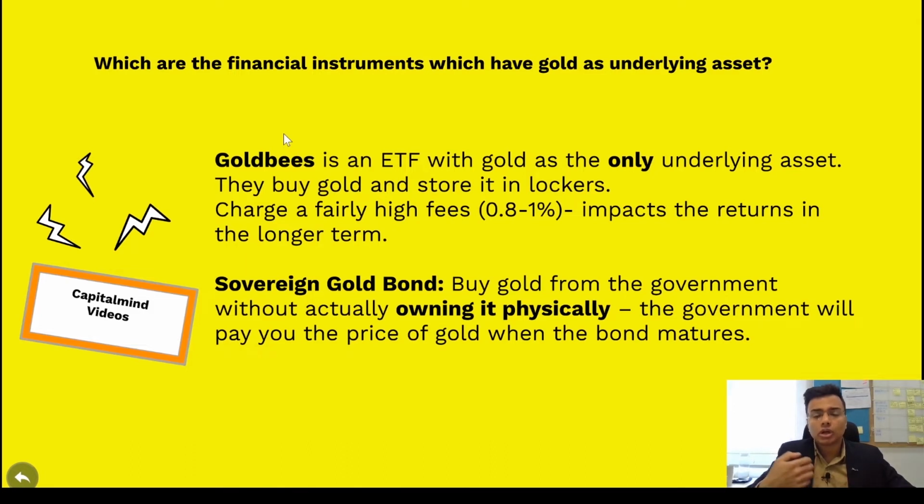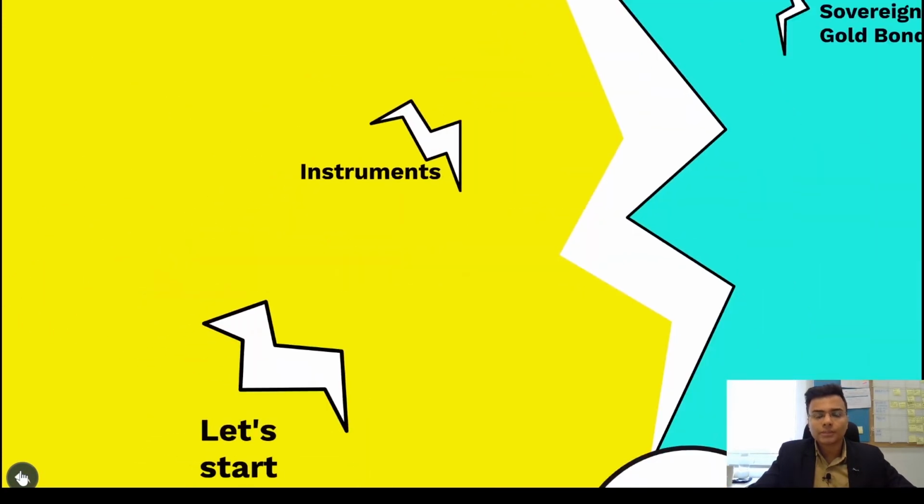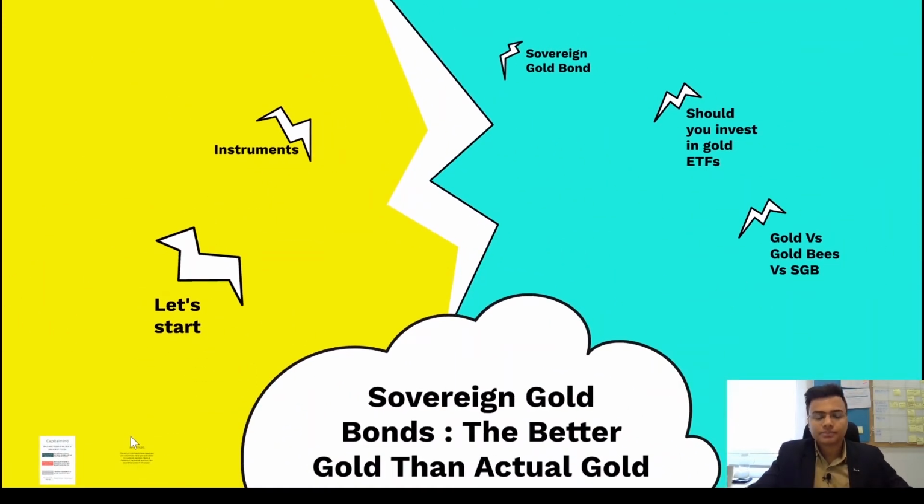So if you invest today and suppose the bond will mature after 8 years, after 8 years, they will return your money, in comparison with the per unit, per gram price of gold. And you can take the money and you can just buy physical gold from the market. So that is how it works. Of course, we are going to look in much more detail. So let us try to understand the sovereign gold bond in a little bit more detail.